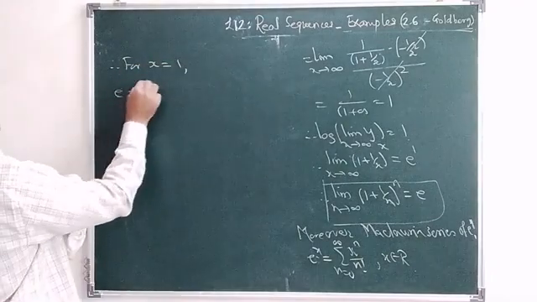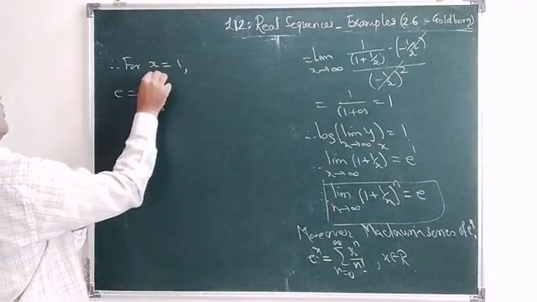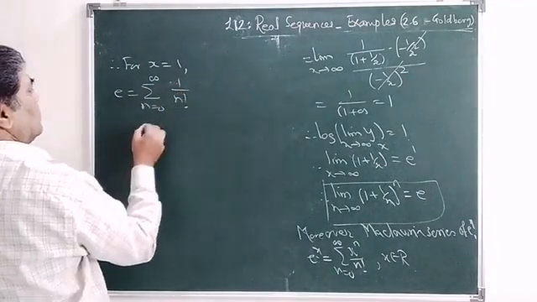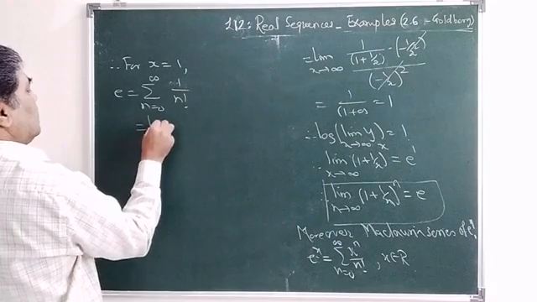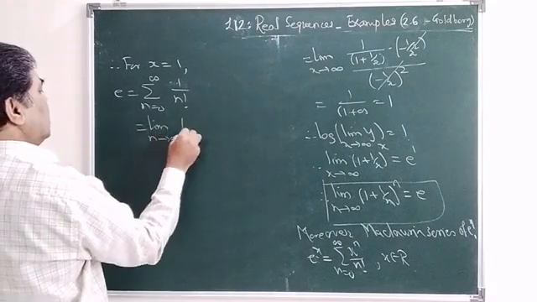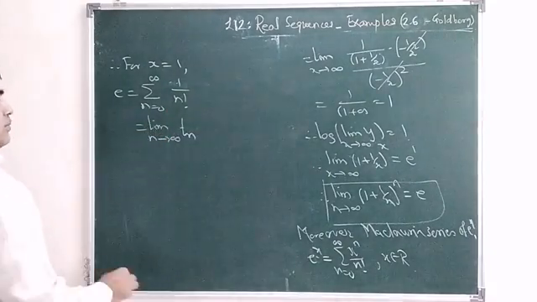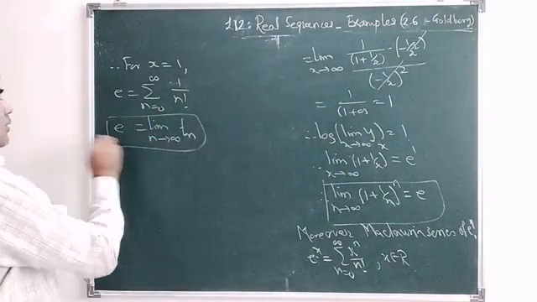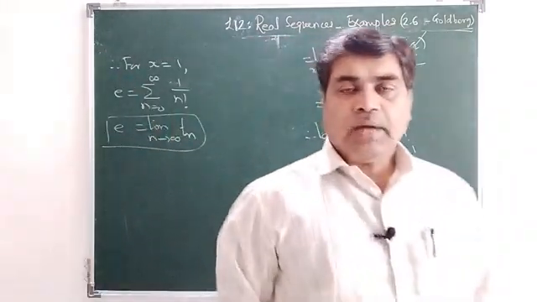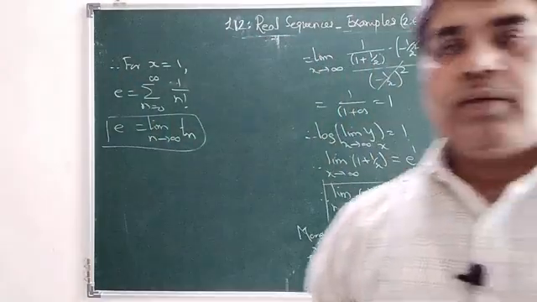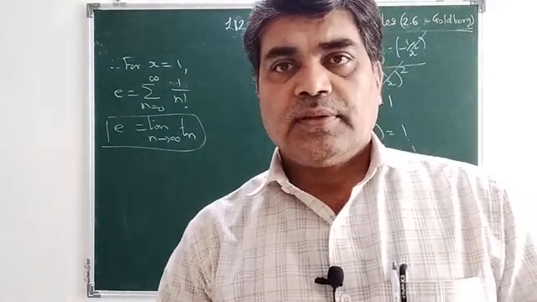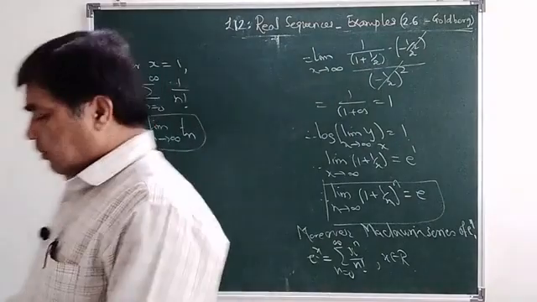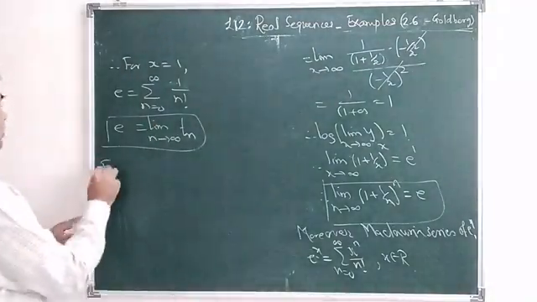get e equal to the summation n equal to 0 to infinity of 1 upon n factorial, right, which is nothing but the limit as n tends to infinity of Tn. Is it right? So thus the Maclaurin series is useful for evaluating the limit of such a sequence. Okay. So from this note,